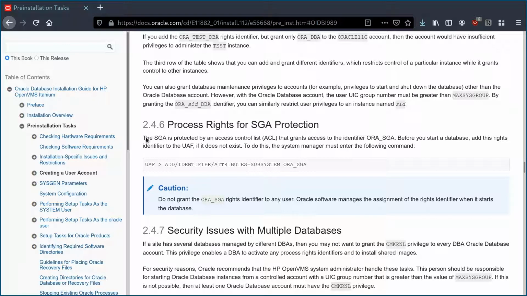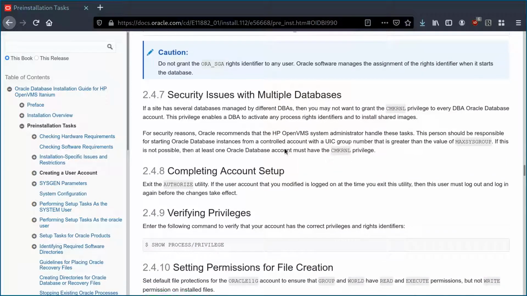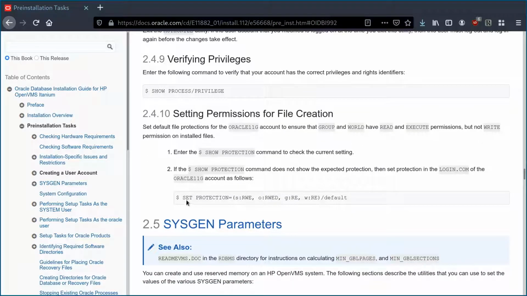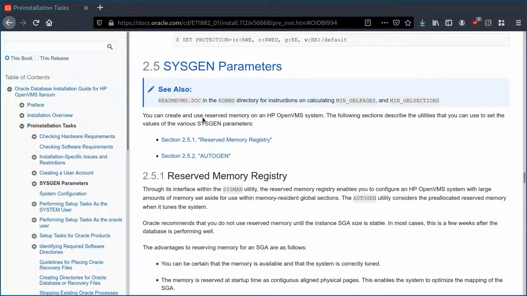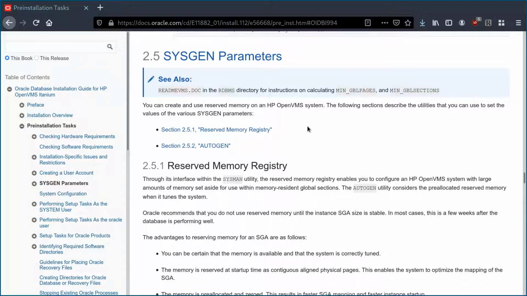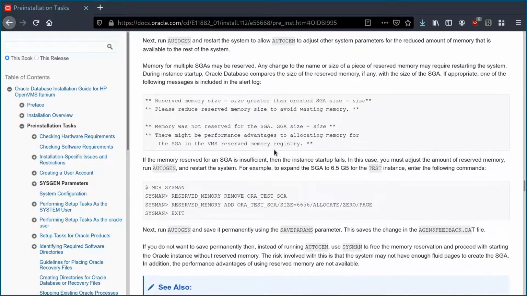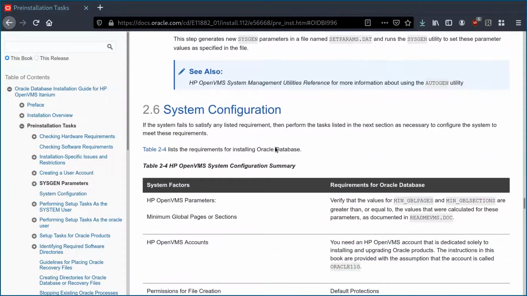The SGA, before you start, add this rights identifier if it does not exist. So it looks like we'll need to add another identifier there and set some default file creation permissions. And we'll probably need to up our global sections or global pages. So there's going to be an autogen run here, which of course will require a reboot. And then I think after we do all of that,